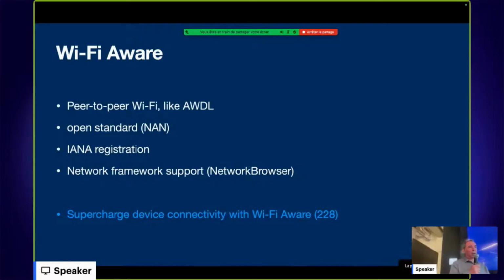It's based on a central registry at IANA, and you can publish your services there, and so you can have standard services. And it's supported by a new browser in the Network framework,